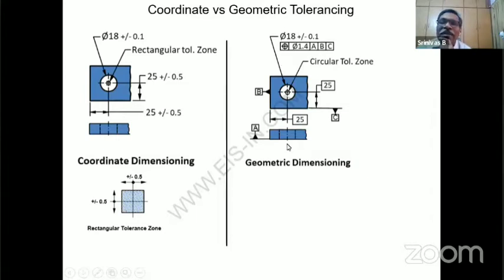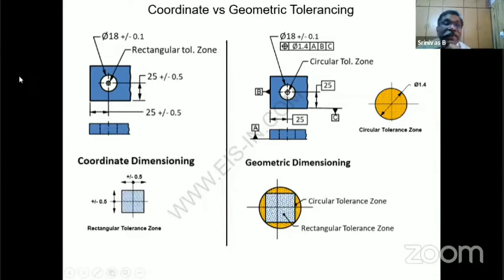The only thing is, here I have given leaders. Leader A, leader B, leader C. I would just read out this. A hole of size dia 18 plus or minus 0.1, location. What location? Position. With a cylindrical tolerance of dia 1.4 with respect to datums. What datums? Leader A, leader B, leader C. So now I would superimpose this tolerance area. This is the tolerance area for GD&T. What is that? Dia 1.4. This is the tolerance area for this. What is this? 1 by 1 square.